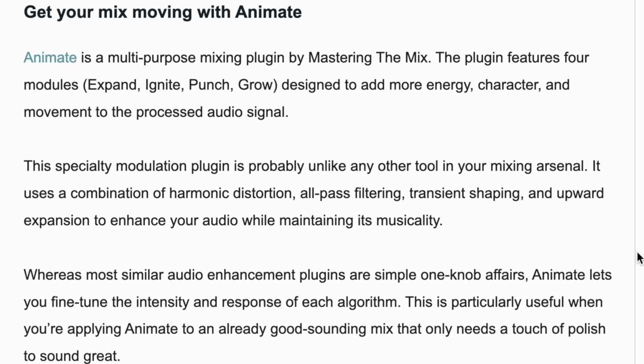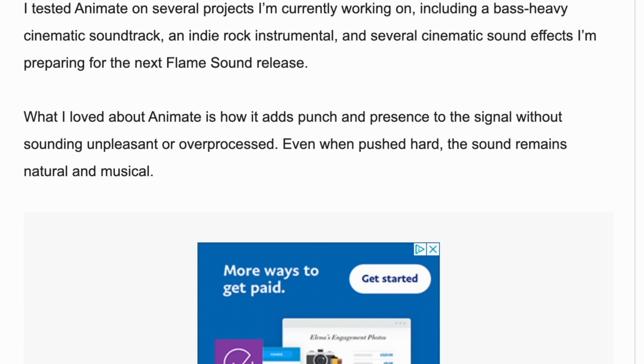The plugin features 4 modules: Expand, Ignite, Punch and Grow, designed to add more energy, character and movement to your processed audio signal. All you have to do is scroll all the way to the bottom of the Bedroom Producers